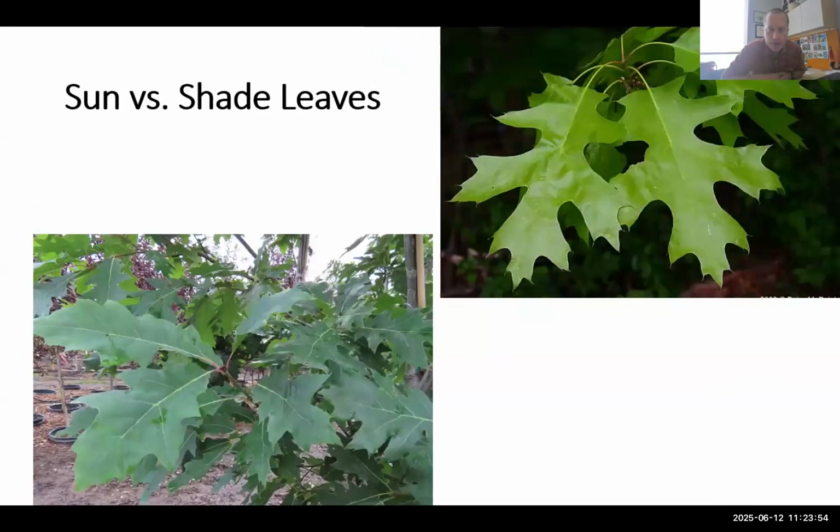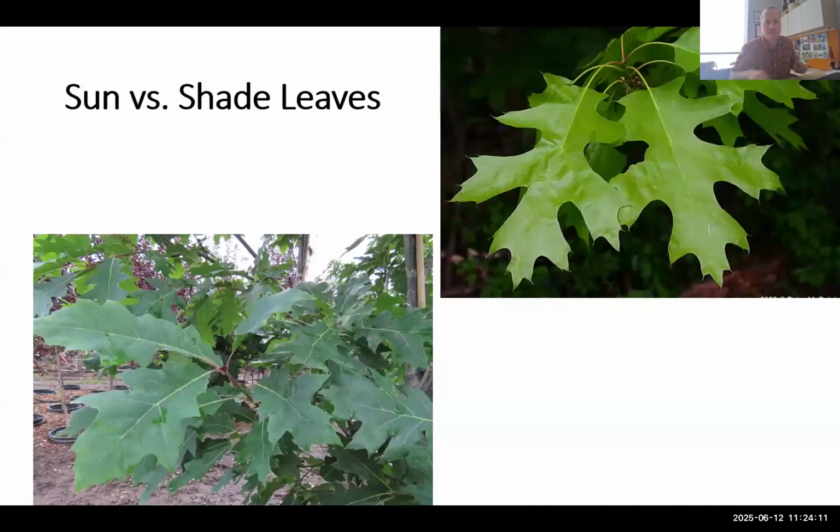Versus a northern red oak, you'll notice it has somewhat deep sinuses, but they only go about halfway to the midrib, not almost all the way to the midrib. So these are kind of fine differences when you're trying to identify trees by leaves,